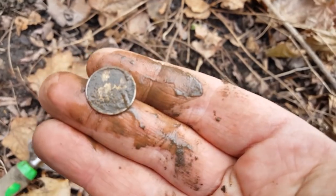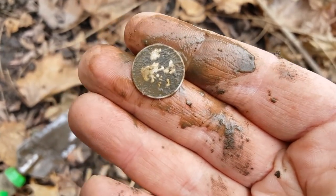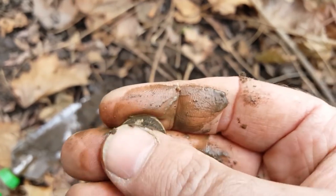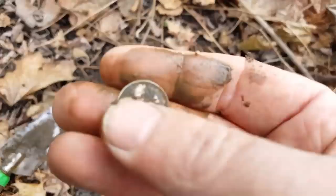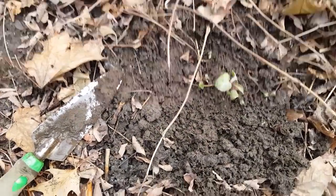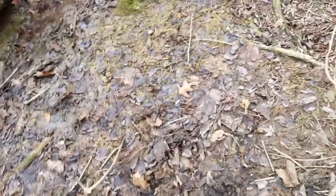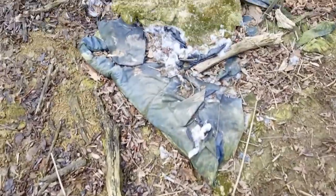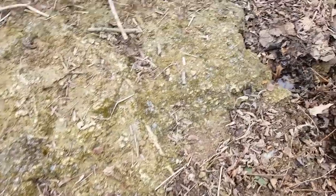I think in the spot there was more activity in the earlier times. I saw, actually I can show you. All right, right there is some old jacket. Right here